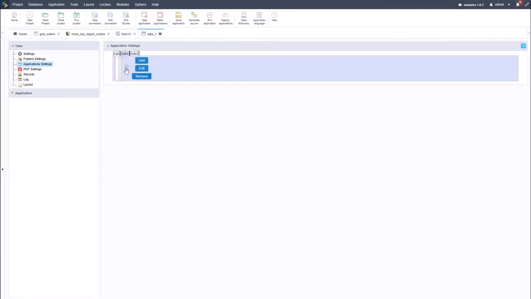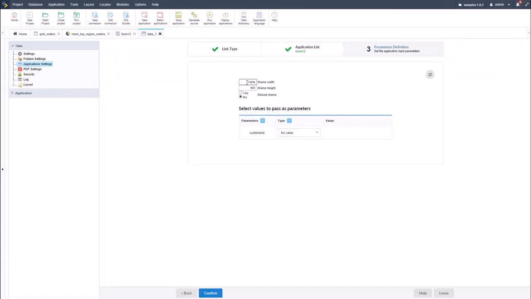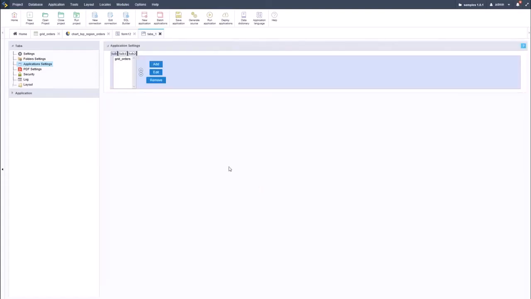I will then go ahead and add the second application, which will be then the form. Again, I will select the form, click Next. This time I have the iframe width and height as previous, as well as the option to reload. So because it is a form, parameters are usually available, and at this stage parameters are possible to pass or receive from application to application. Here we are then able to specify the type of parameter when available and indicate a value if required. For this form, I will just go ahead and select the Confirm button and add the application to the second